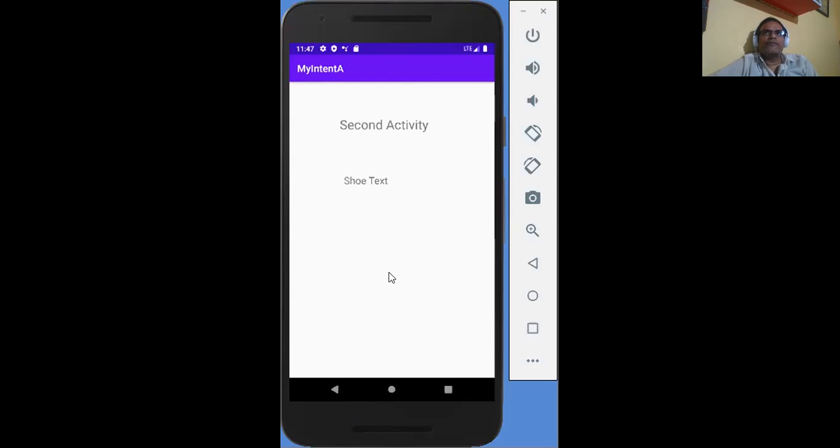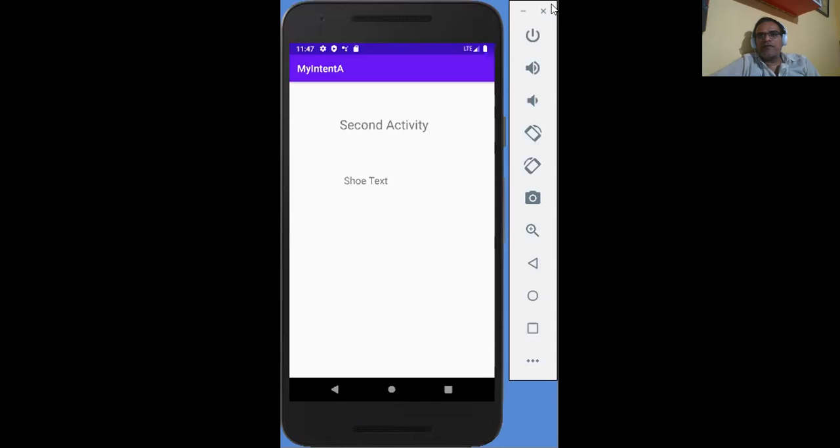I hope you understand. I repeat, this is the first activity, and when we click on this button, you can see the second activity. It's very simple, because in many Android apps you use multiple activities, so you can move from one activity to another by using very simple code.